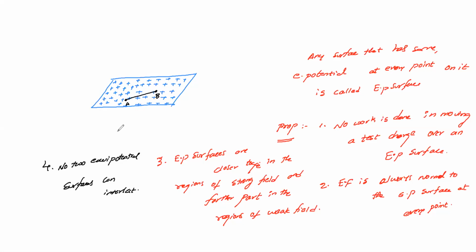When it is moving from point A to point B, remember, there is a potential difference between these two. So there is work done between these two points. That work done is nothing but your W_AB, which is equal to the potential difference, V_B minus V_A, times the test charge, which I'll take as q naught.